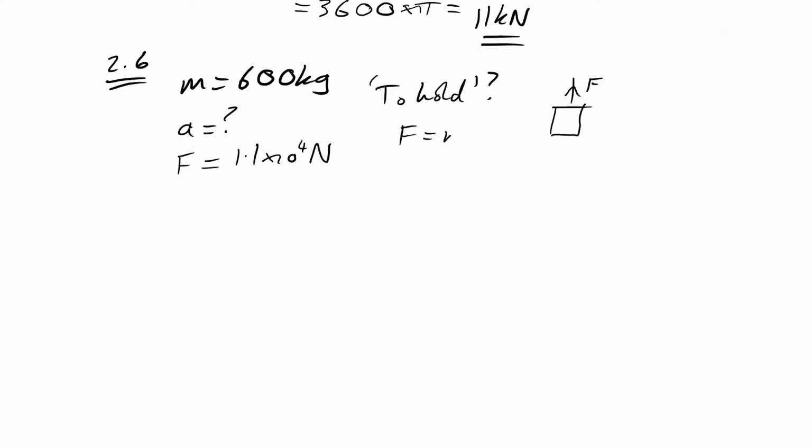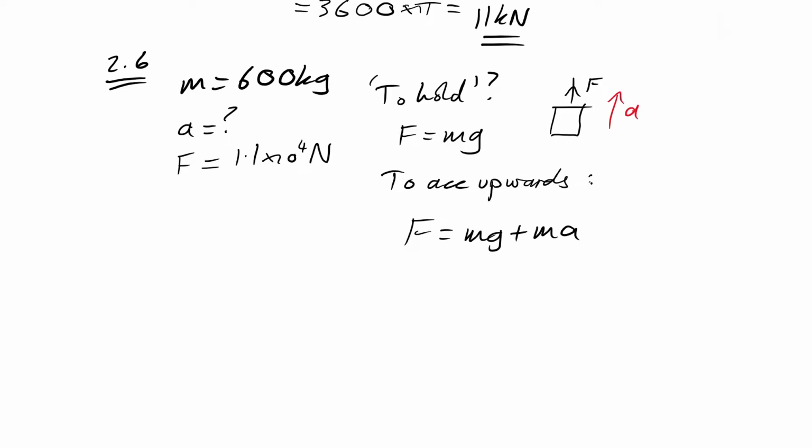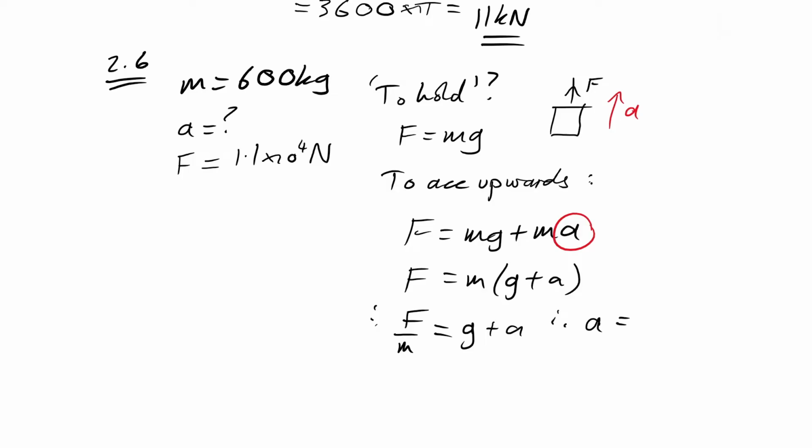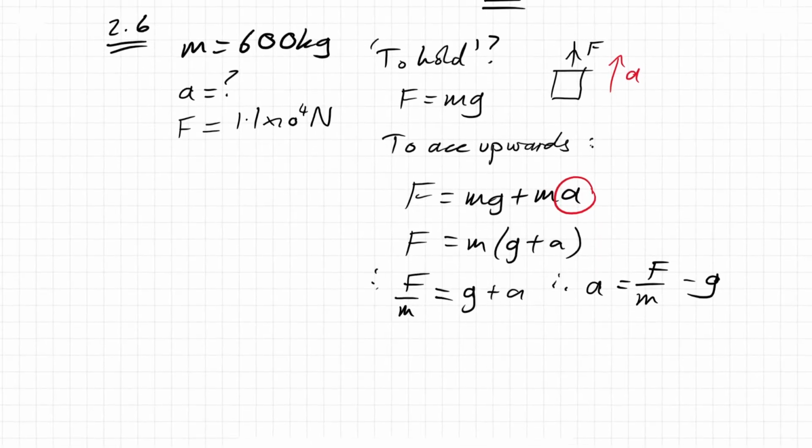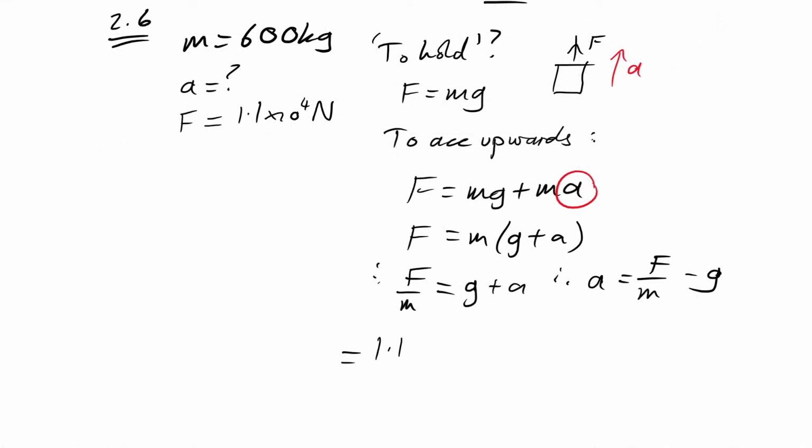The force would of course be equal to mg. But if we're accelerating it upwards, of course we need a bigger force. We need the extra force. So it's not only mg, but it's plus ma. We're looking for a, so let's rearrange this. Let's factorize first. So F is equal to m(g plus a). Therefore, F divided by m is equal to g plus a. Therefore, the acceleration is going to be equal to the force divided by the mass minus 9.81. And that is equal to 1.1 times 10 to the 4 divided by our 600